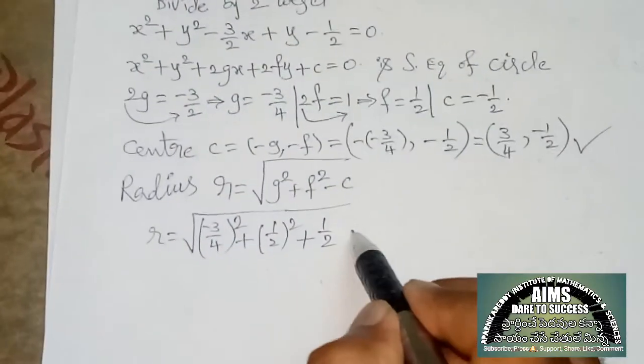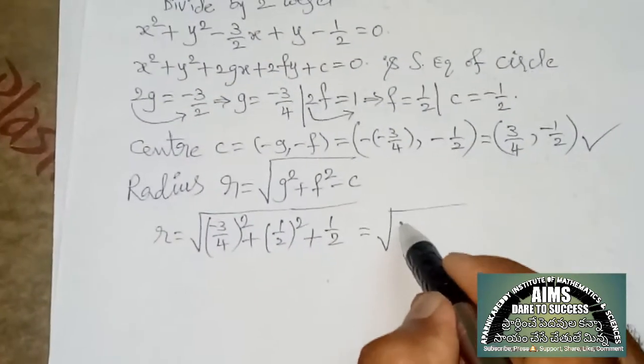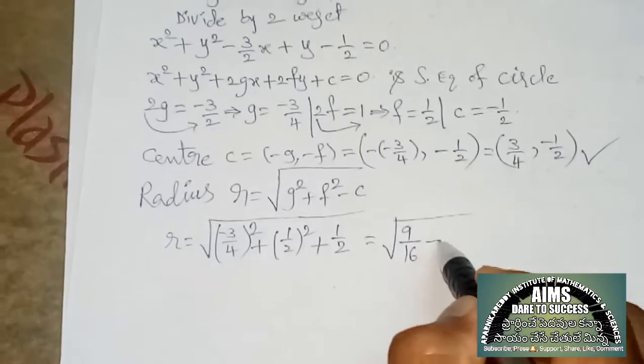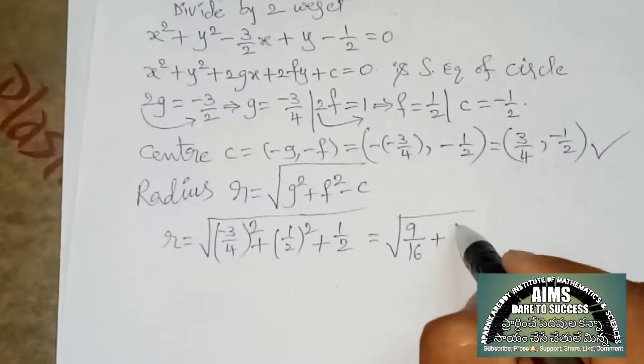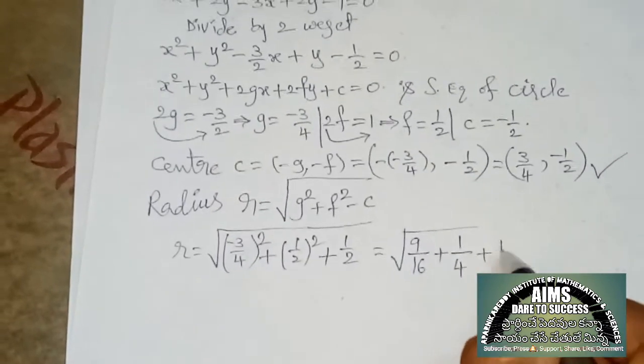With normal simplification, we get under root of 3 threes are 9 by 4 fours are 16, plus 1 one is 1 by 2 twos are 4, plus